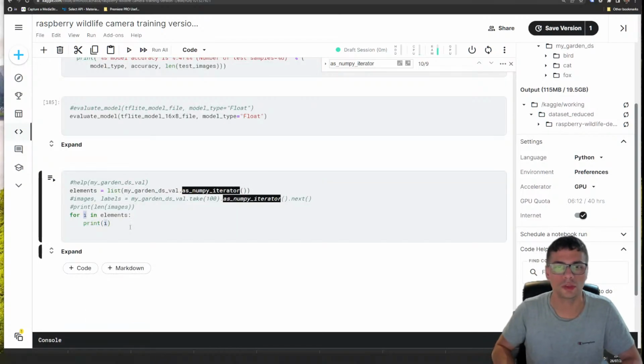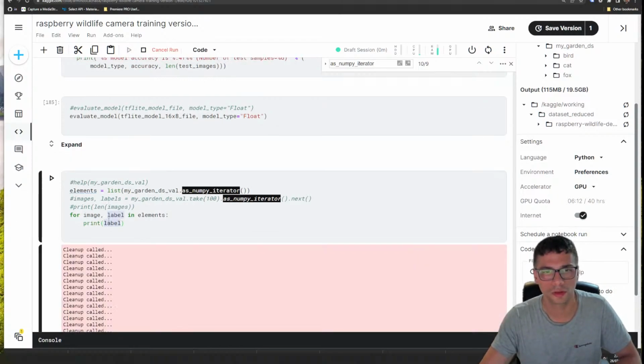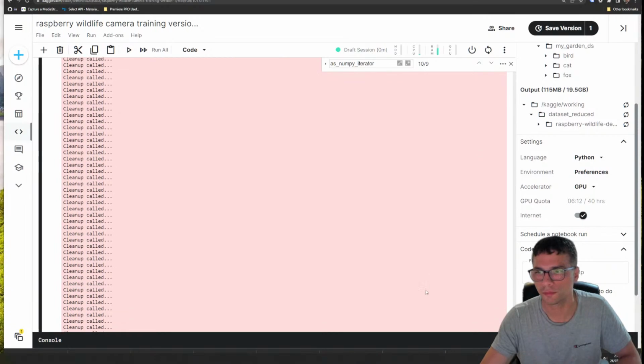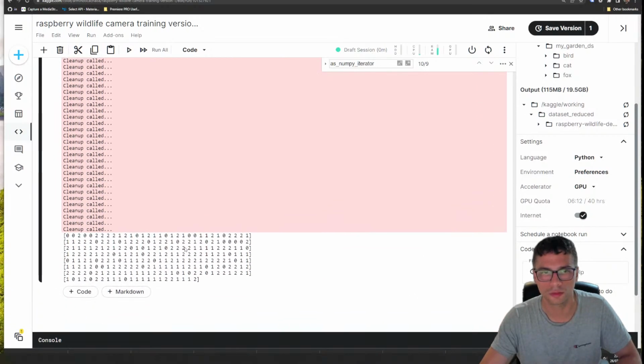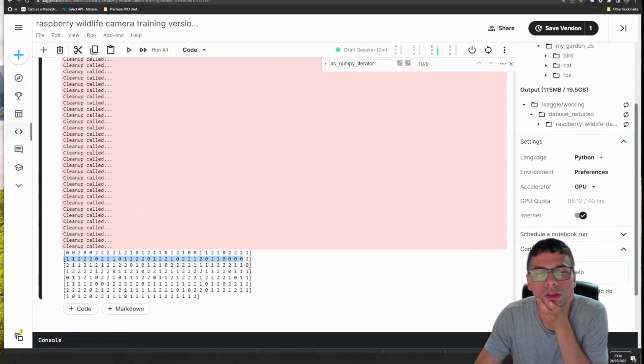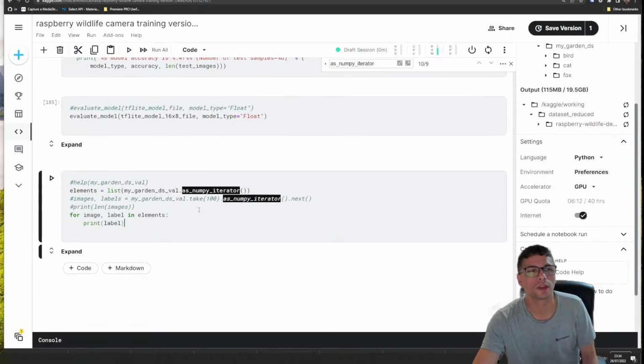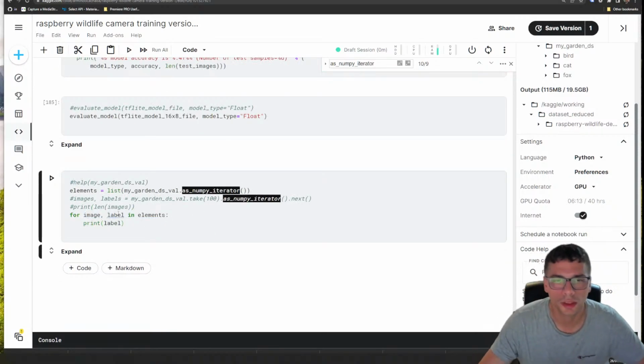So for image, label, we just try to print the label over. So this is like 32 labels at once. Okay. It seems like it works better now, because I can see